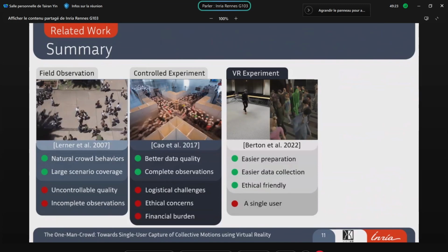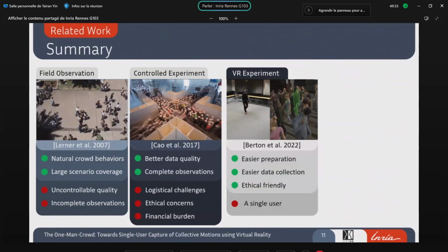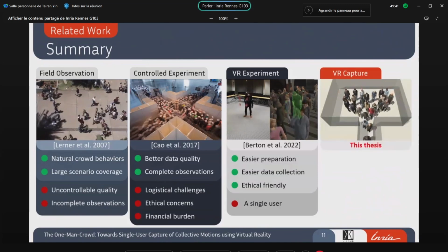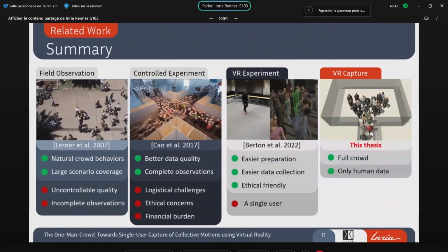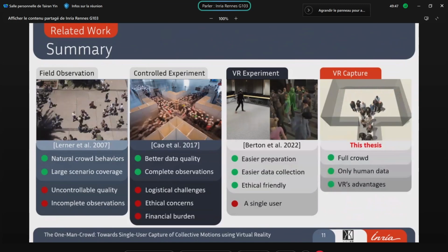So a single user would mean that the user has to interact with the virtual crowd, which is based on simulation. But the problem of simulation is that if it is already perfect, why would we still capture data from humans, right? So in this thesis, considering this, we seek to capture a full crowd containing only human data by using the advantages of virtual reality.